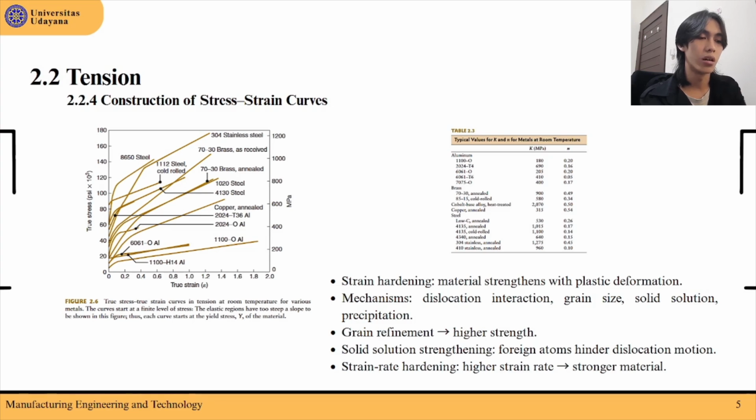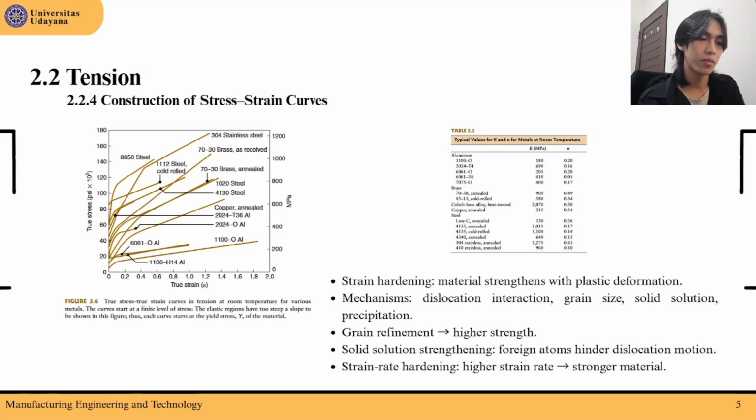If you reduce the grain size, the grains are smaller than before the specimen testing. Solid solution strengthening happens when